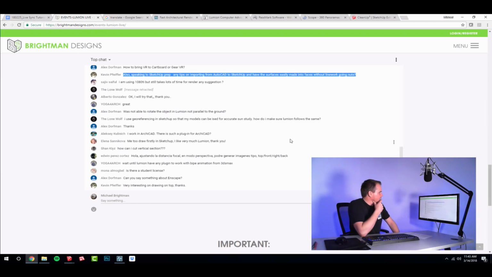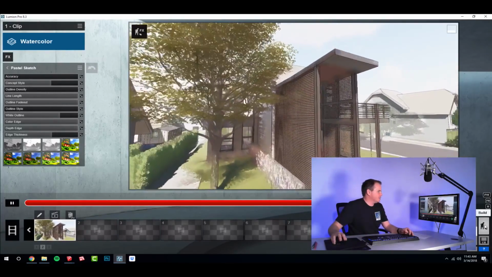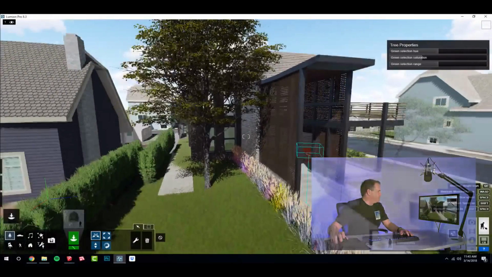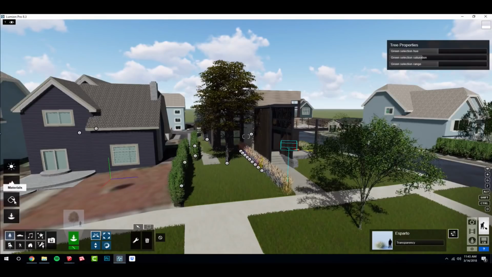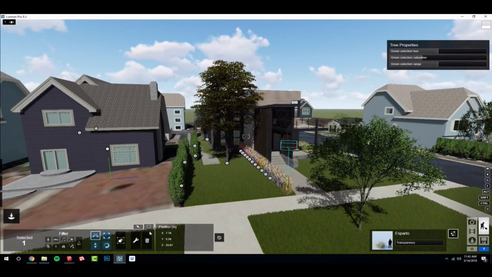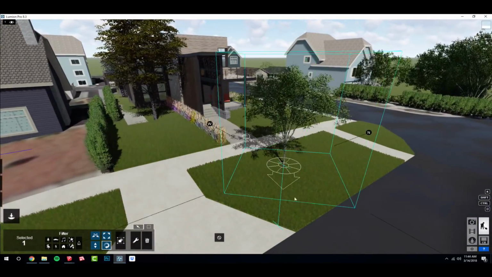So let's see. Alex says he was not able to rotate the object in Lumion not parallel to the ground. Rotating objects in Lumion, there are sliders for different objects in build mode. Maybe you're not allowed to rotate trees off plane, I'm not sure. I haven't ever tried to. So if I go to move mode, and go to rotate, what I would do is just select something,